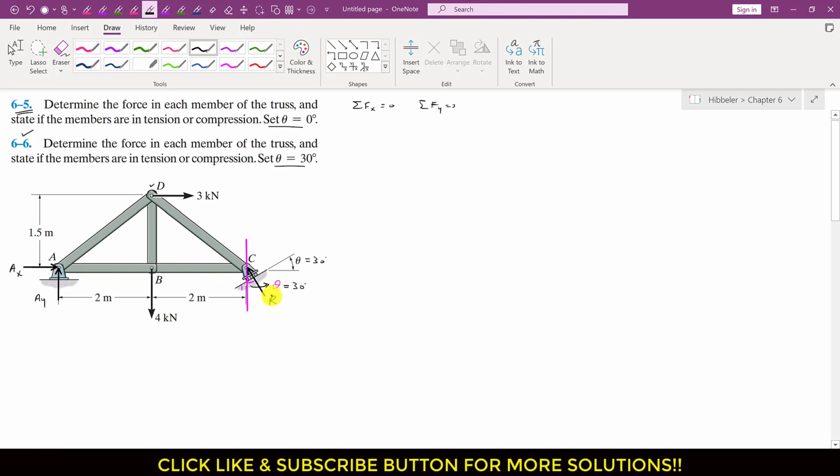If this R is making angle theta with the vertical, we can resolve this R into its components. One component will be acting in this direction like this. This will be the cos component. We can write that this component will be R cos of 30 degrees, and similarly R will have another component acting in this direction, which will be R